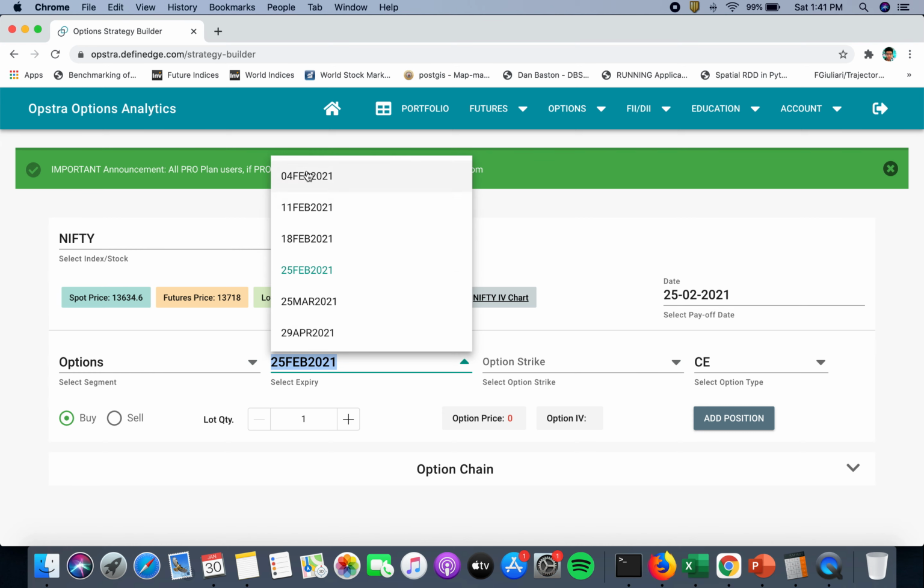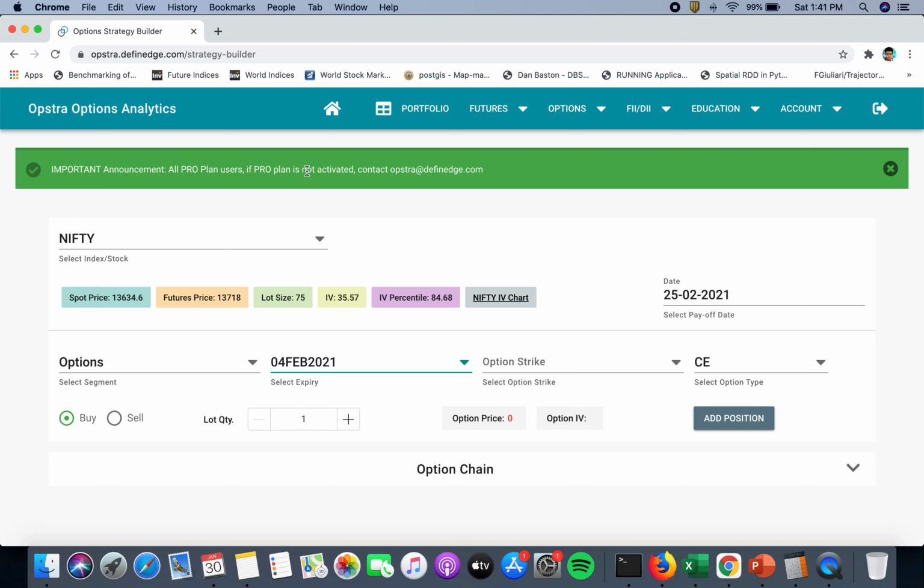So another thing that I want to mention here is that I am currently taking the 4th Feb expiry, which is the next upcoming expiry. I highly recommend that you do this after 4th of Feb because till then it's going to be budget. And all of these strategies are basically short Vega strategies. That is, they are meant for sideways market or markets with low to mild volatility. So please keep that in mind. And without further ado, let's begin.